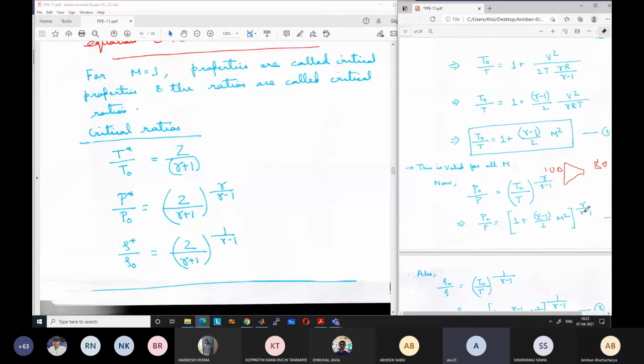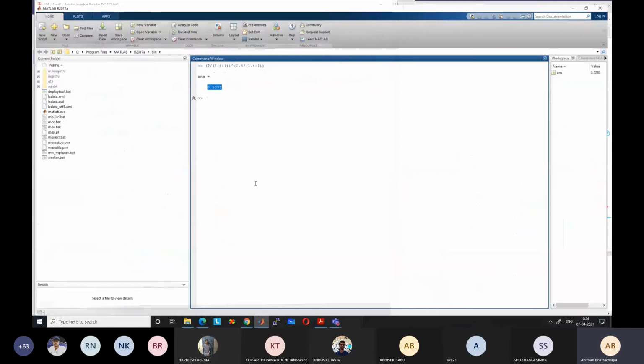Earlier you said nearly at the half it would get choked, so maybe 50 or less than that. I just said that randomly, but now we know the exact value at which it will get choked. What is that exact value? We have just now derived 52.83. Okay, that is the ratio. So at the inlet, if the pressure is 100 kilopascal, and at the exit it is 52.83, it will become choked. And then only the Mach number can be 1 here, because that is what our relation is saying. It cannot be anything else.